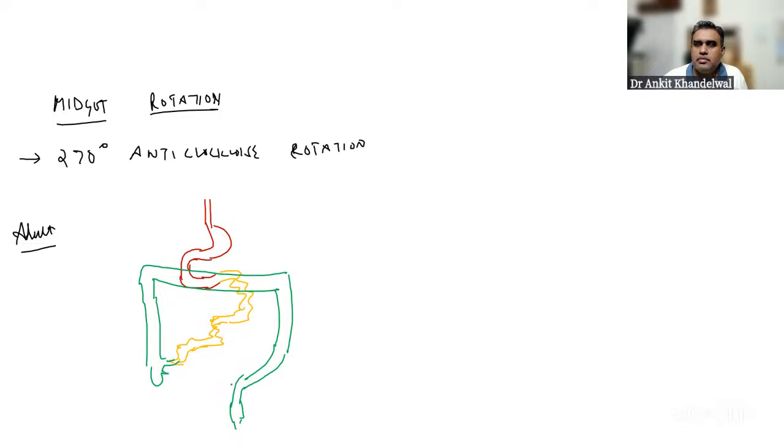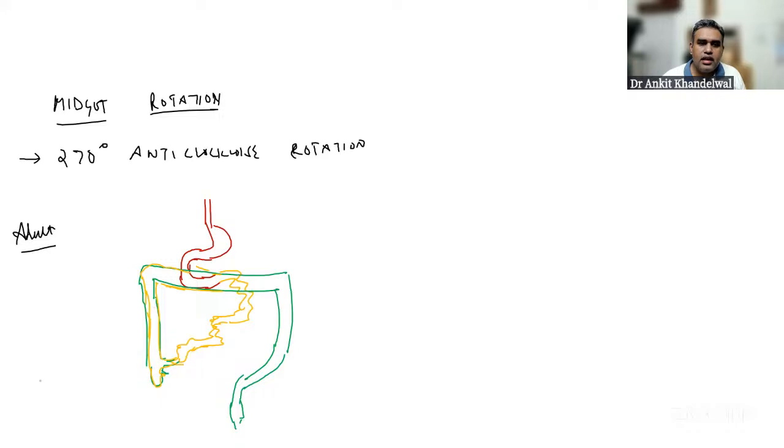Where is the midgut? Midgut is particularly this orange color, and let me include the ascending colon also. This also is midgut only. This whole is midgut: the ascending colon and the proximal two-third of the transverse colon. So now you can understand, looking at the length of fore, mid, and hind gut, the midgut is the lengthiest one. Second thing over here is that it is due to this normal 270-degree anti-clockwise rotation